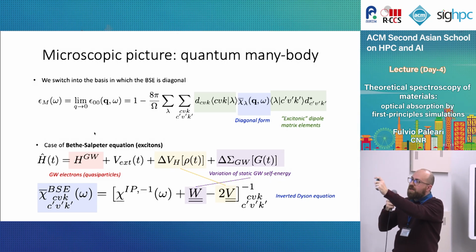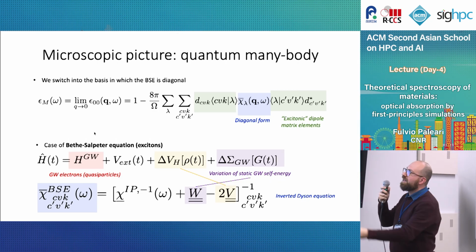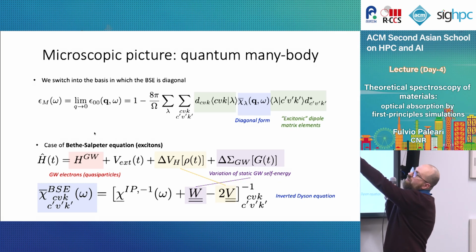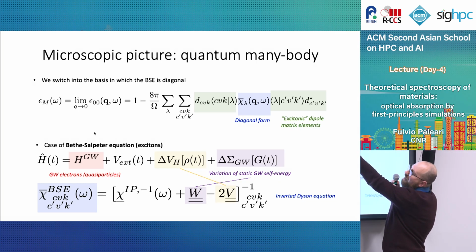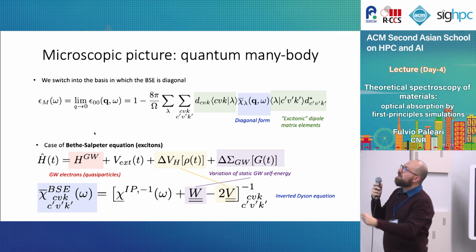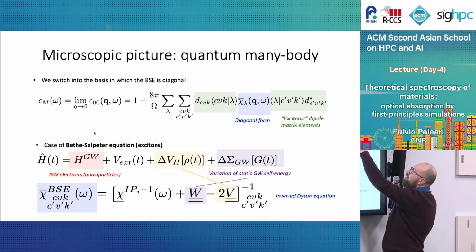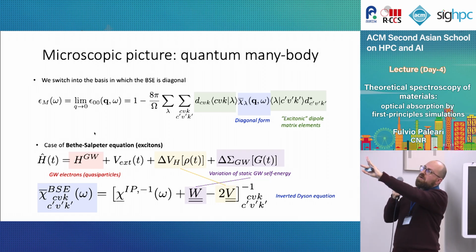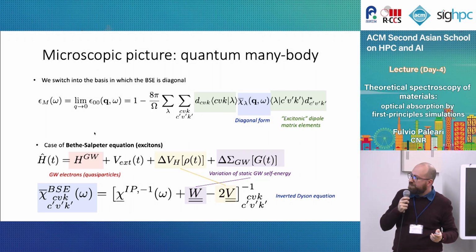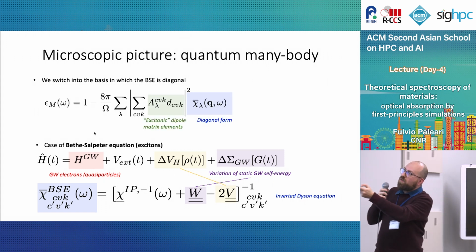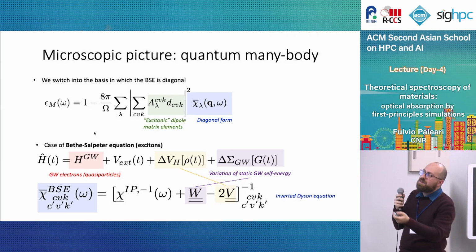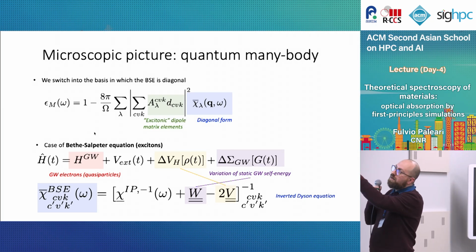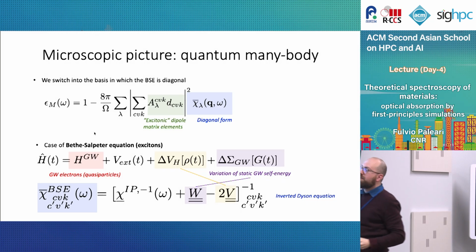So formally, we can think that we write this. We find a diagonal form for this. We change the basis from the one in which it is not diagonal to the one in which it is diagonal. And we redefine the dipoles, including this basis change. And then these will be our final expression, right? Great. And so then it will be quite simple, let's say, because we can write it like this, but we still have to know what this is.